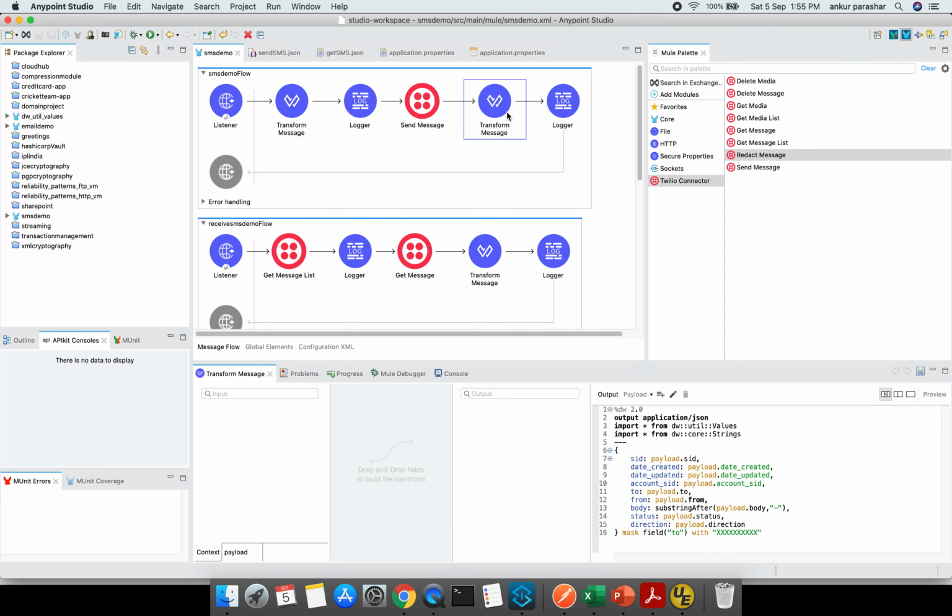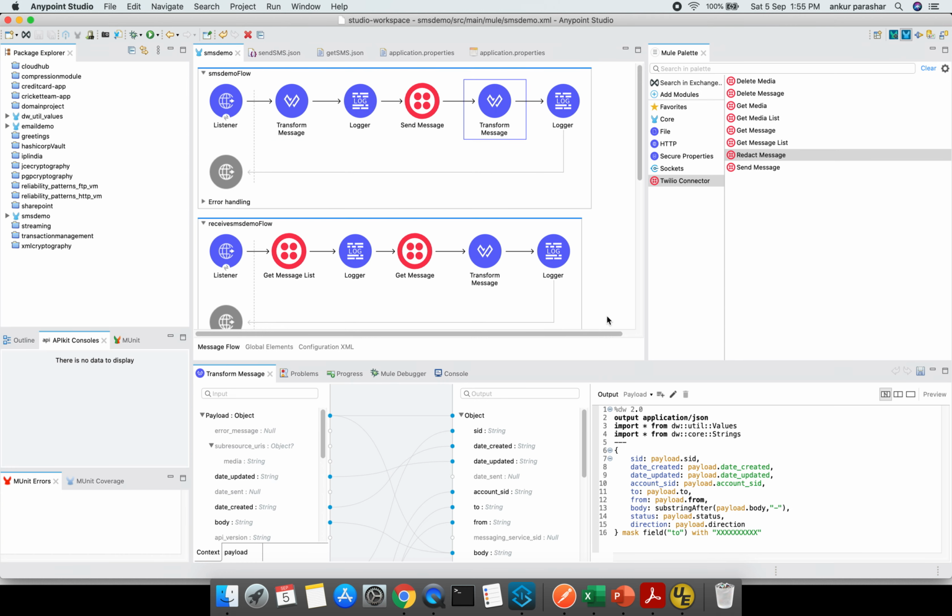After that, there is a transform message again I have put down, and I don't want to show my personal email, personal mobile number. So I have masked the two, that is this particular field, with XXXX. You can put anything you want. Since from is being on a trial version from Twilio, and I think it is not that much critical, because it is going to expire very soon as I upload this video.